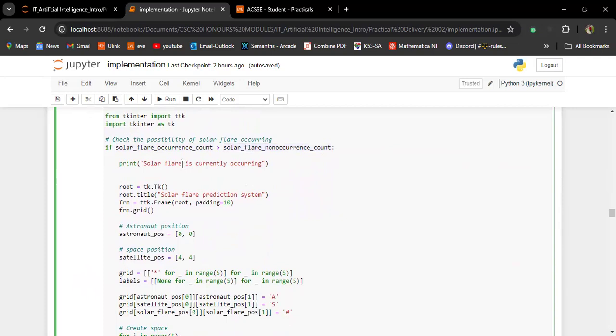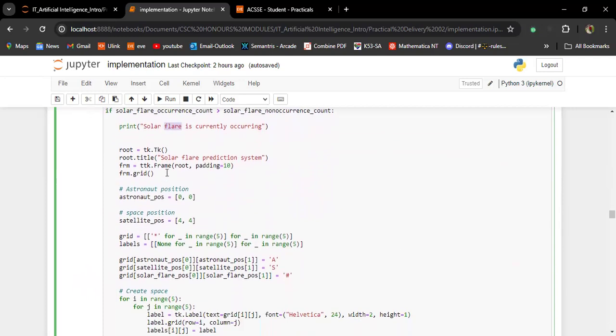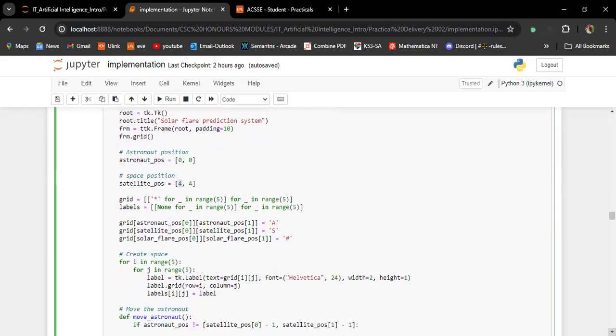If it is, then we conclude that solar flare is currently occurring. We create the interface, and these are the astronauts' positions. The astronauts will be positioned initially on this part of our interface, and the satellite will be located in this part, somewhere around the space.